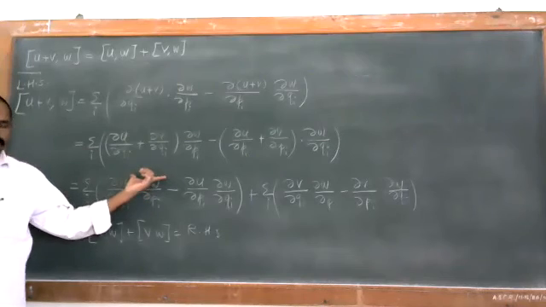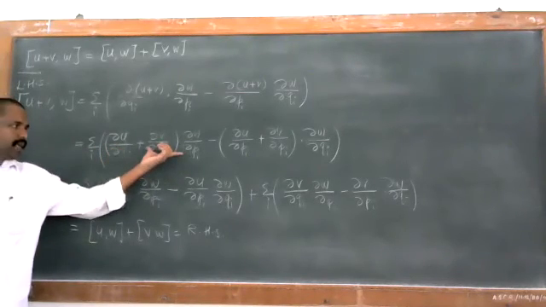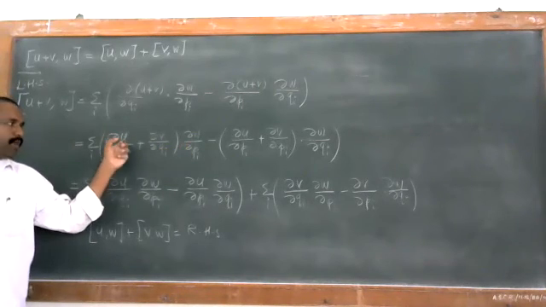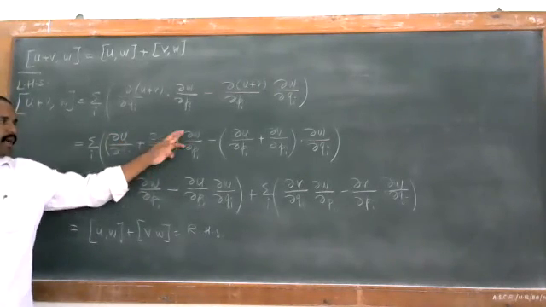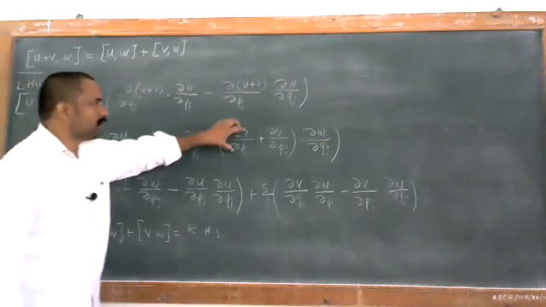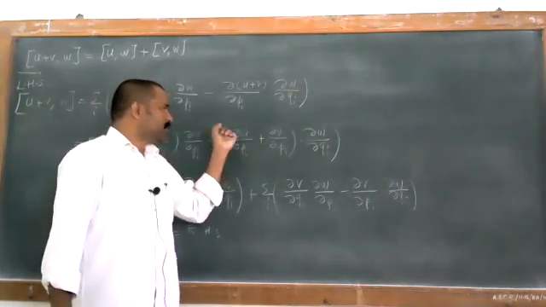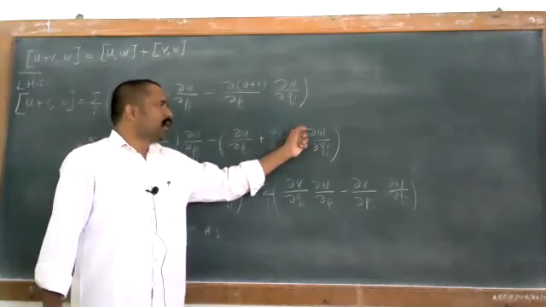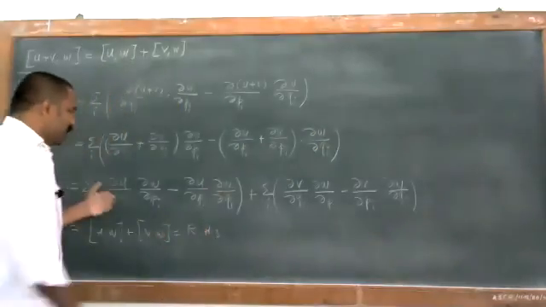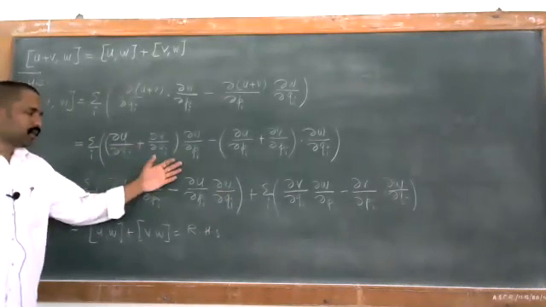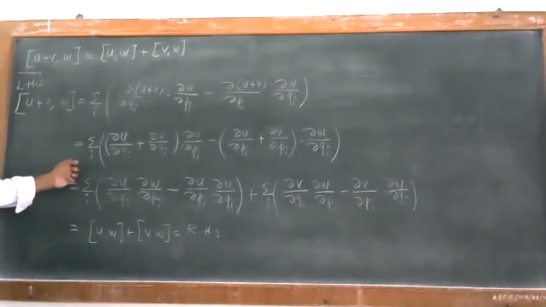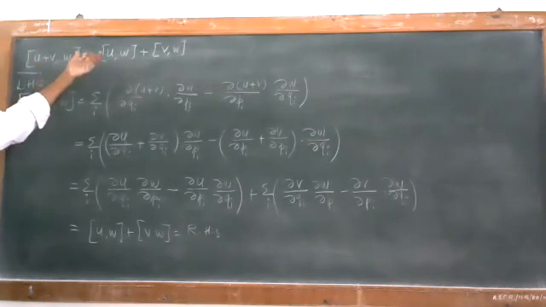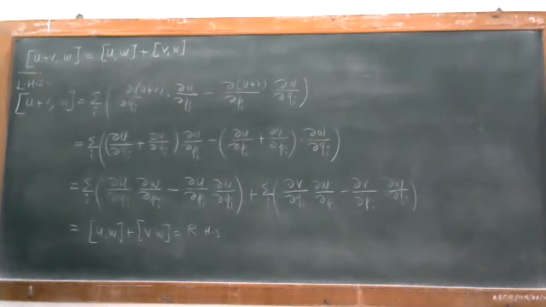Here we can add one more term, by the definition we can take the multiplication terms: ∂u/∂qi into ∂w/∂pi plus ∂v/∂qi into ∂w/∂pi. In the same way, two more terms will come: ∂u/∂pi ∂w/∂qi minus ∂v/∂pi ∂w/∂qi. When such terms come, we just have to separate them out, and after separating we can write the equation in this form. So the Poisson bracket of u plus v, w is nothing but uw plus vw. So you can have that one thing.